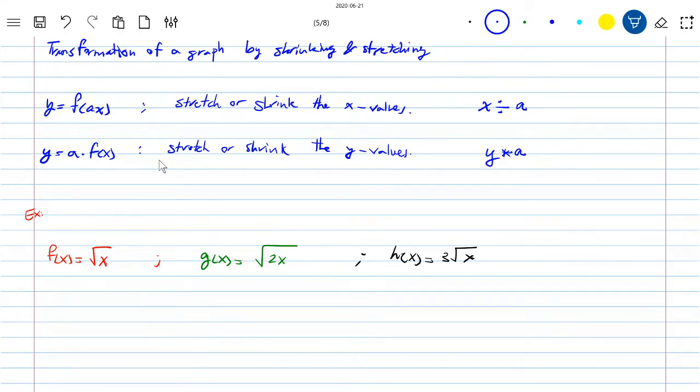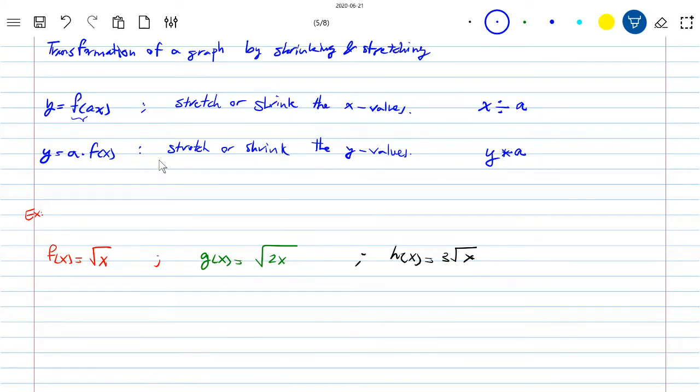Today we're going to talk about transformation of graphs by shrinking and stretching. In this case, we're going to talk about what if you multiply a number inside a function or outside a function. Last time we discussed adding or subtracting values to the x inside or outside, which caused the vertical and horizontal shift. Now, let's say you're given a function f of x, and now instead of f of x, you